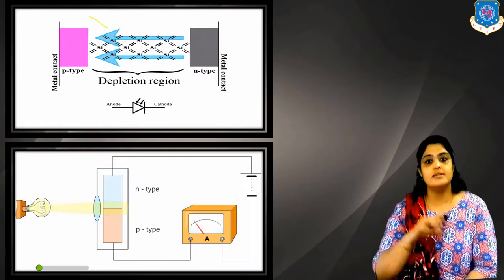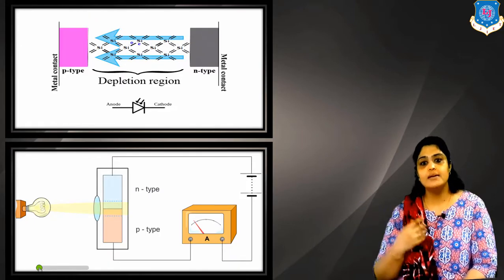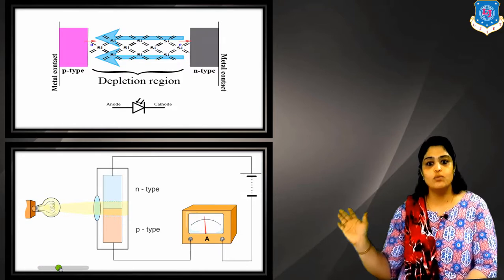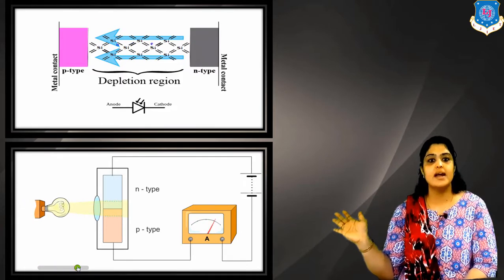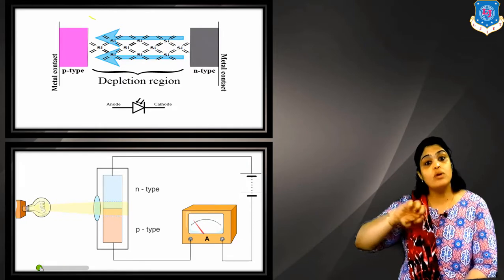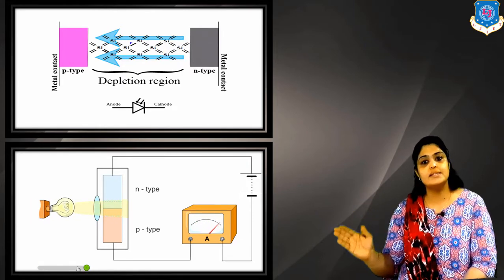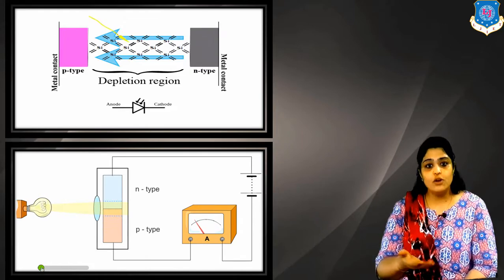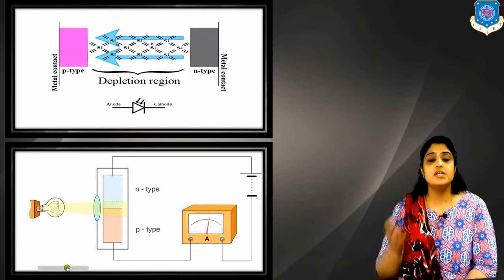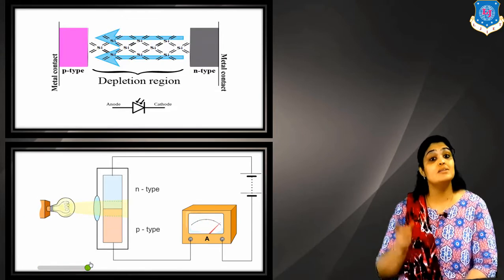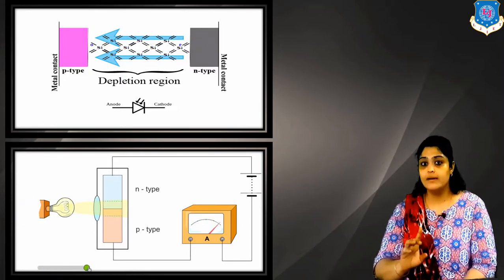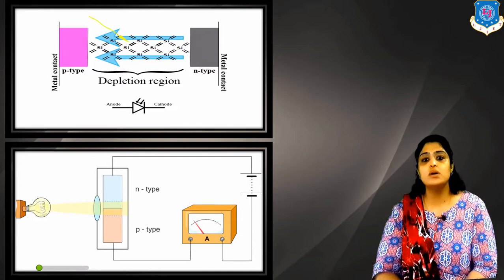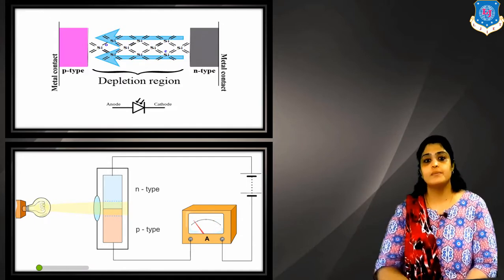I have another explanation. You can see here that there is no light, no current in the emitter. But the moment light is incident, you can see that the current is increasing. More and more light is being absorbed, more and more is the value of current. So I can also say that the amount of current generated from a photodiode depends also on the intensity of light absorbed. Clear? So this was about the working of photodiode.